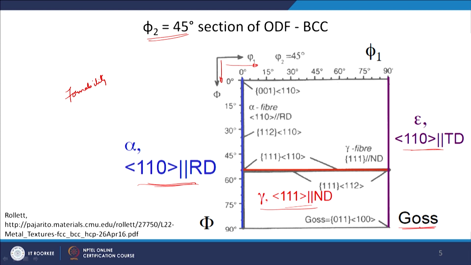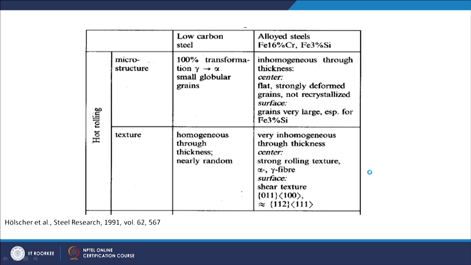Already we have seen the gauze texture in terms of pole figure, how the pole figure will look for a gauze texture, okay, and in terms of HKL UVW this will be the texture component for gauze. Okay. So, again for formability this gamma fiber is very important in case of steels. Okay. Now, what different types of processing give you texture? Okay. So, it is the effect of, you can say, processing on texture.